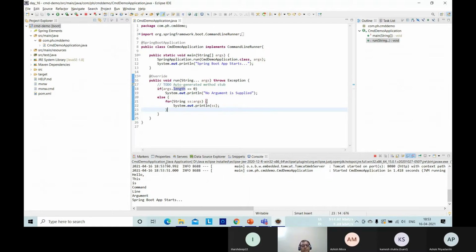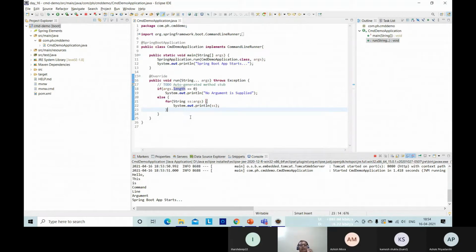Look what happens. We had given the argument hello, then there was a space, then this, again a space, is, again a space, command, again a space, line, again a space, argument. So all the tokens separated by space will be considered as one string object.